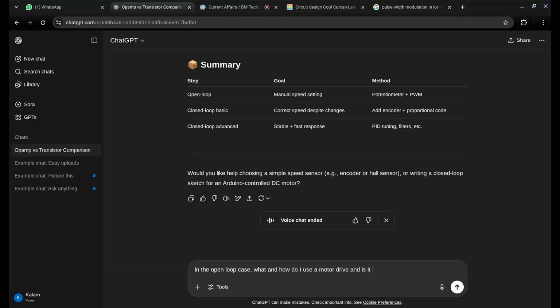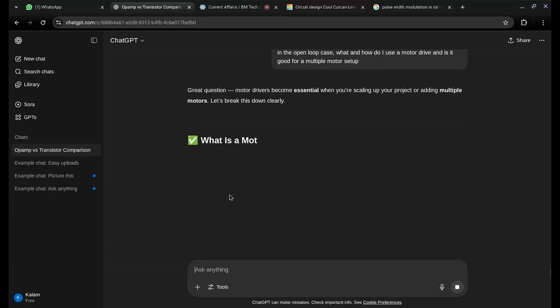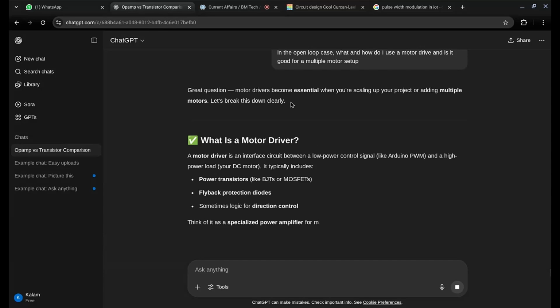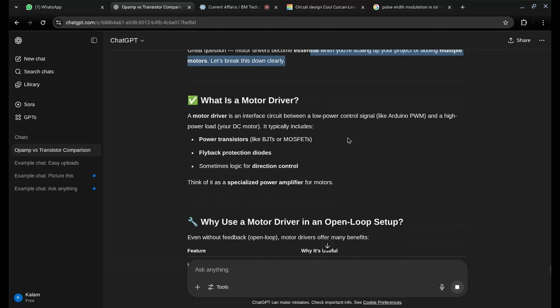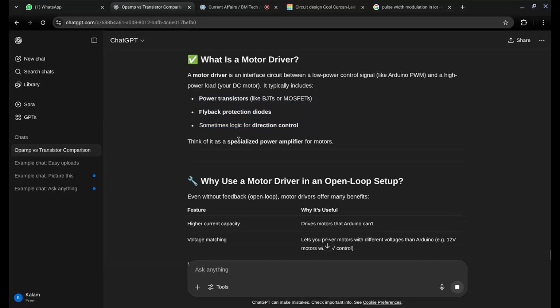What and how do I use a motor drive? And is it good for multiple motor setup? Okay. Question. Hey, this is essential when you are scrolling up on adding multiple motors. Oh, the circuit, they have made a black box of that circuit. Power transistors, flyback protection diode, sometimes logic for direction control. Okay. And then